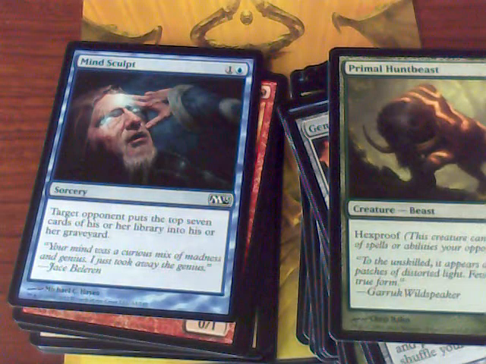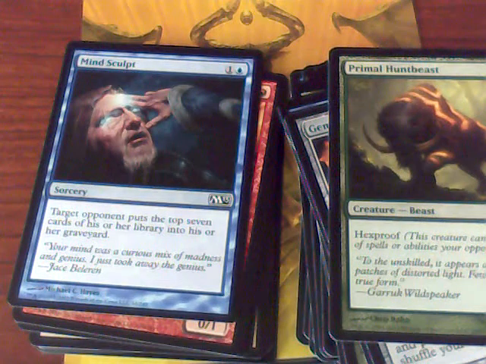Mind Sculpt: target opponent puts the top 7 cards of his or her library into his graveyard. I think this is kind of an exciting card for mill decks that just need that little extra boost. Maybe you're going to copy the spell and put 14 cards into their graveyard. That would be exciting. There's a lot of interesting things that you can see in this card,